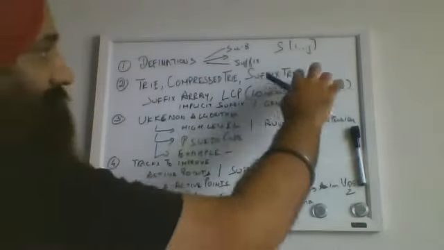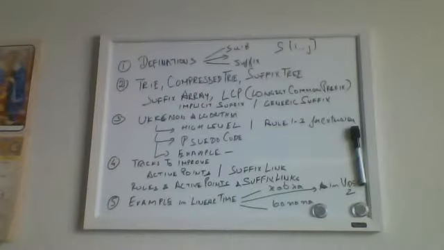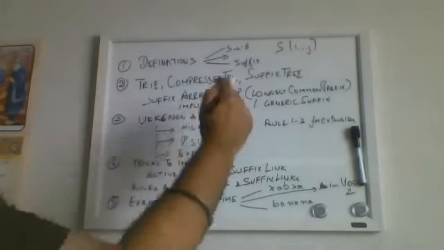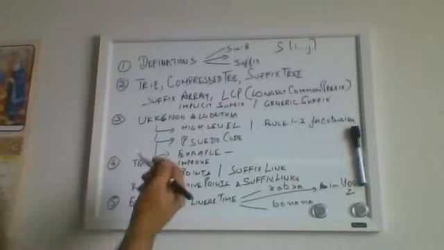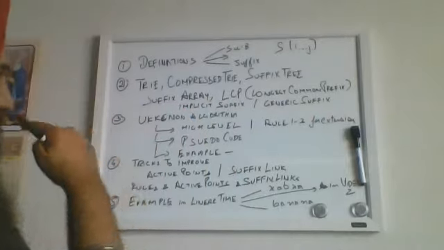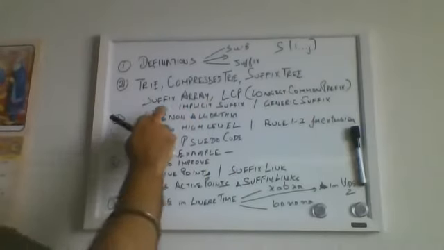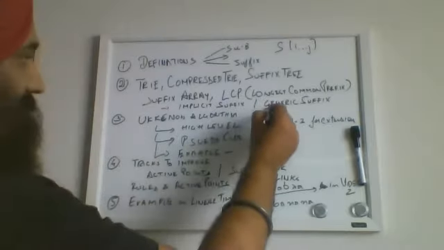Then I'll give you a suffix tree definition independent of trie. So you can, if required, create a suffix tree on your own. You can first create a trie and then create a suffix tree, or you can straightaway make a suffix tree. Then after talking about suffix tree, I'll show you with an example what is a suffix array. At the same time, I'll discuss longest common prefix. And after that, I'll give you a general example of what is an implicit suffix and a general suffix.